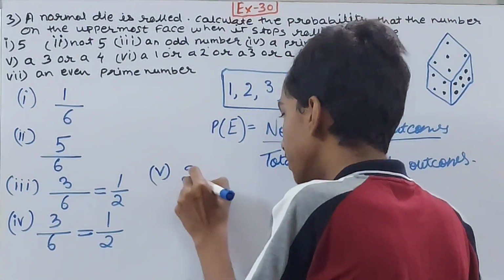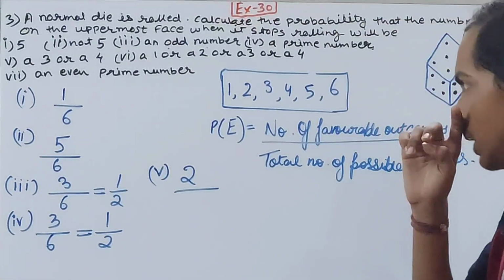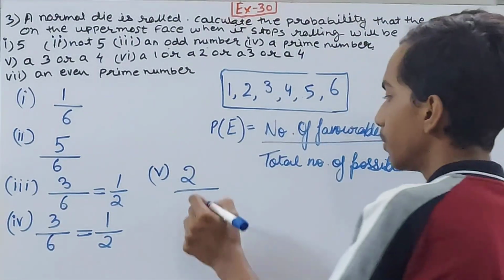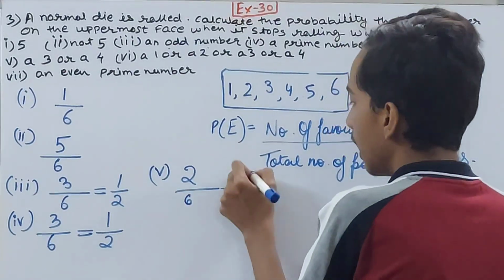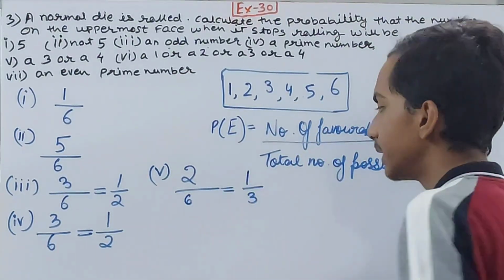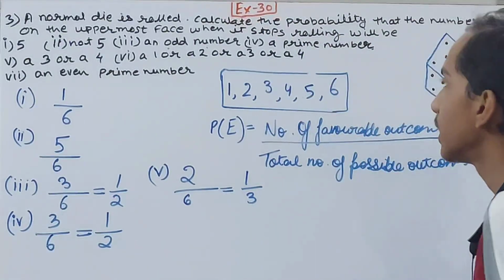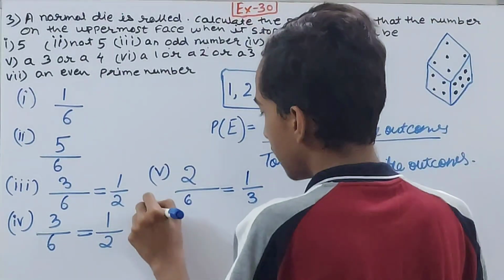So in the numerator simply 2 will come, and upon the total number of possible outcomes, it's never going to change. It's going to be 6 only, 2 by 6. Again you can simplify that, it is 1 by 3. Fine. Okay, then in the 6th part we have got